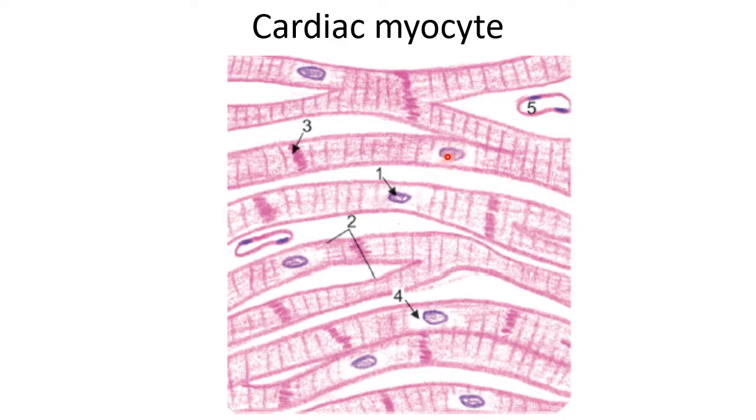It has got centrally located nucleus, and near the branching you can see a thick disc-like structure present, which is called intercalated discs. These intercalated discs have got gap junction, which allow easy flow of electrical impulse from one cardiac myocyte to another cardiac myocyte, so that all the muscles in the heart get activated by the free flow of this electrical impulse across the cardiac myocyte at once. Hence, the cardiac myocyte and myocardium is said to function as a functional syncytium.